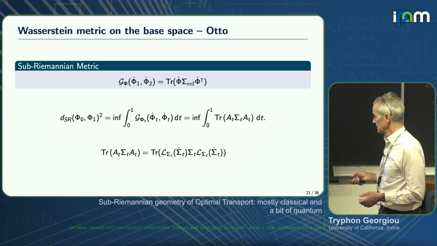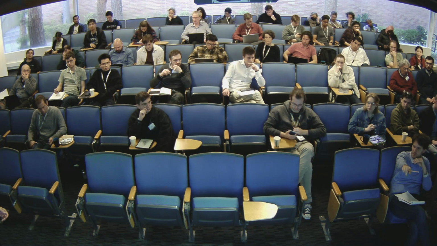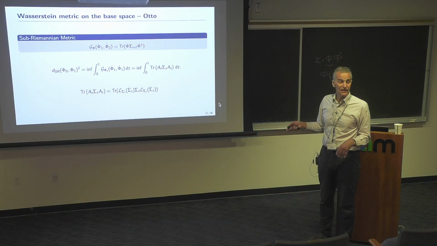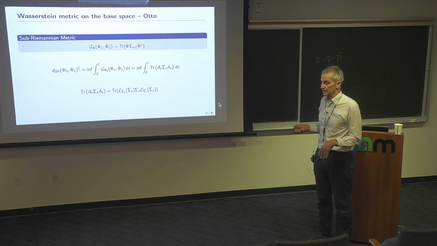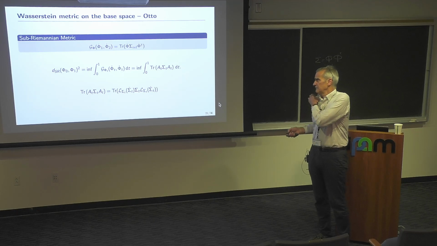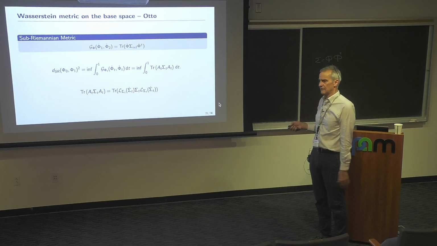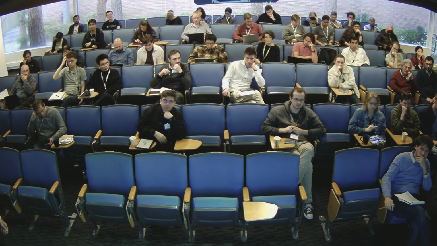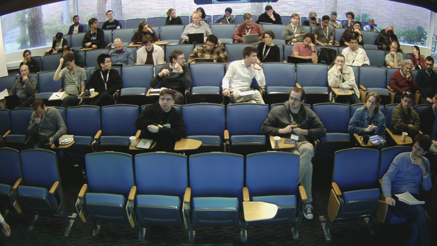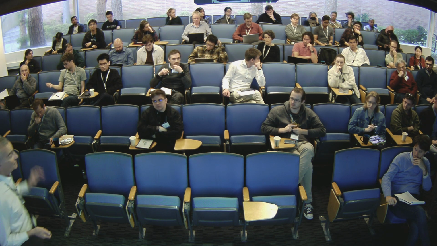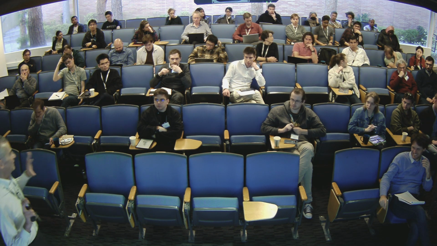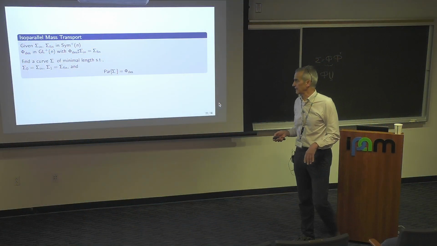Sigma ref is whatever choice. Sorry? Sigma ref up there. Sigma ref could be any choice, but in your mind, you can think of it as the identity. Maybe I should have done it like that to simplify the notation a little bit. Does it play a role? So for every sigma ref, you have a different metric? No, it doesn't play any role. Can you choose sigma ref to be degenerate? You can choose it anything. To be degenerate? Oh, no. It has to be full rank here.